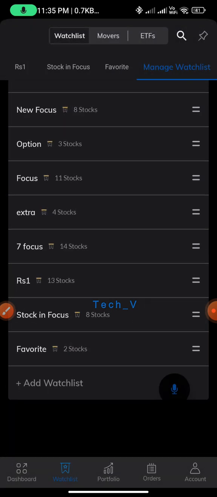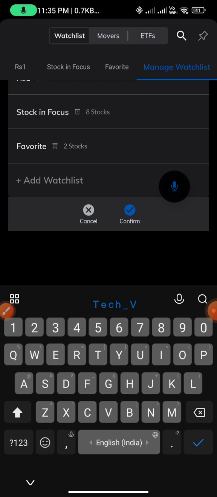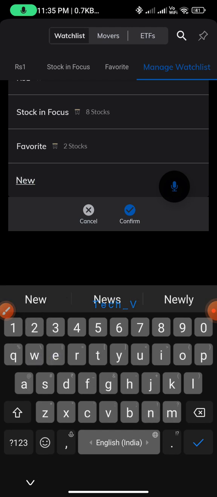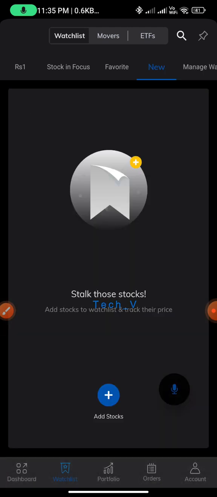Now I can create, now I am clicking on add watch list. Once again I am creating new, after that I have to confirm it. Now this new is created. If I want to add stock in this particular new section,